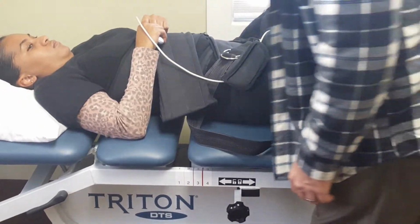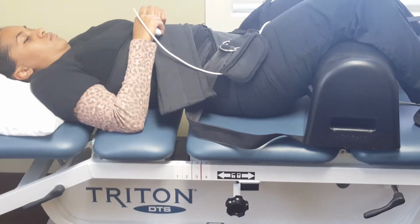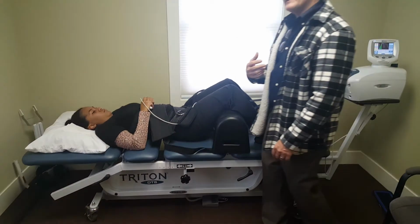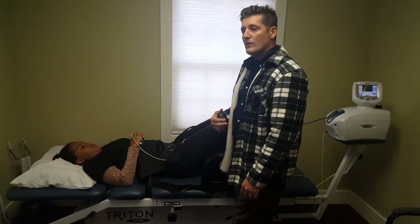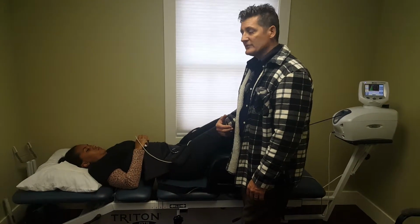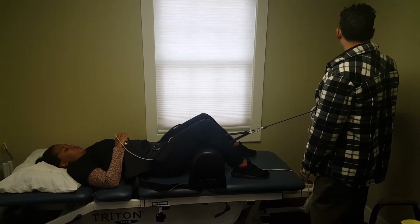We wouldn't know if it was a good pull or not. Now, if we were really doing this, what I would do at this point... I don't want my assistants doing this. I want you to come get me, let me know, and then I would increase the pressure. But at this point, what I would do is I'd go ahead and increase